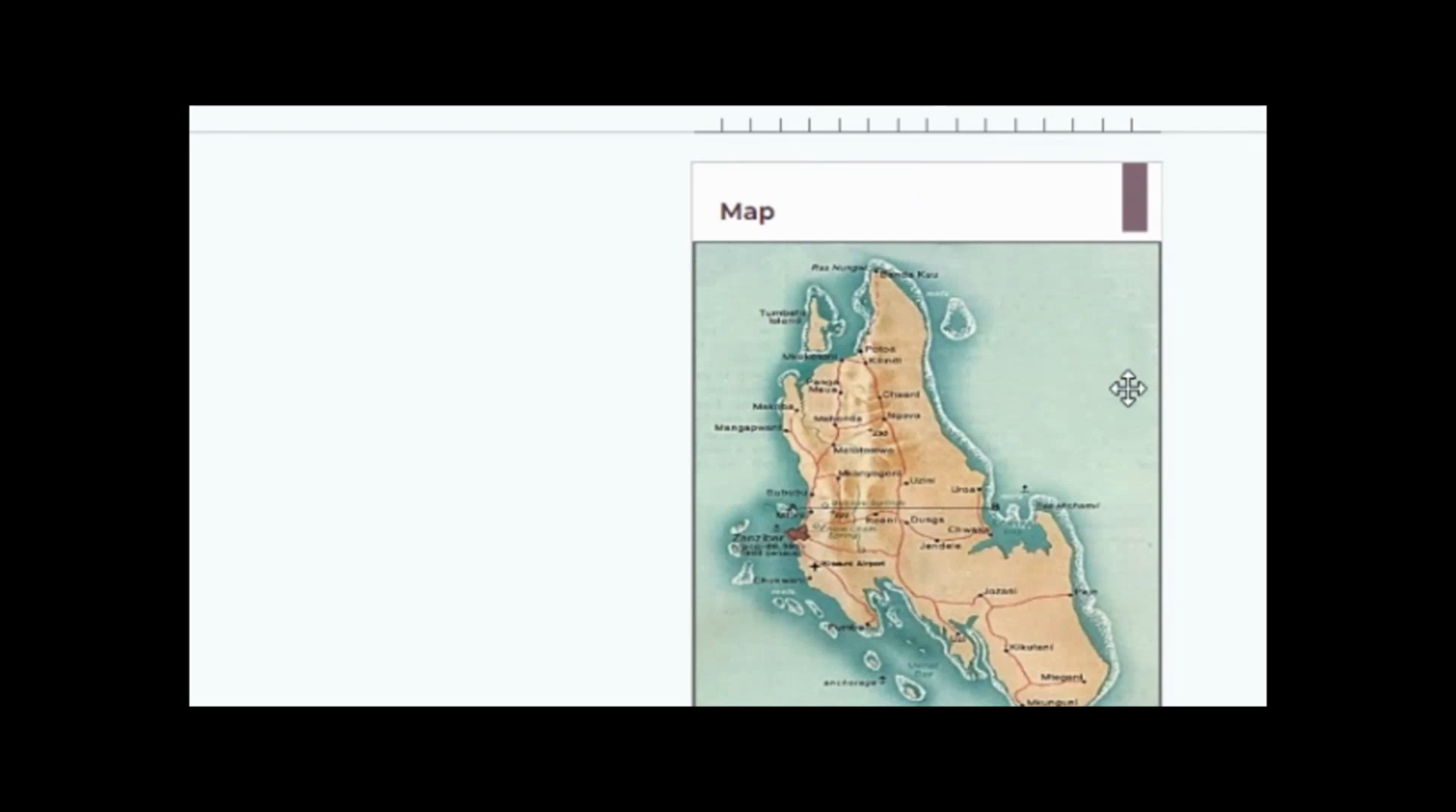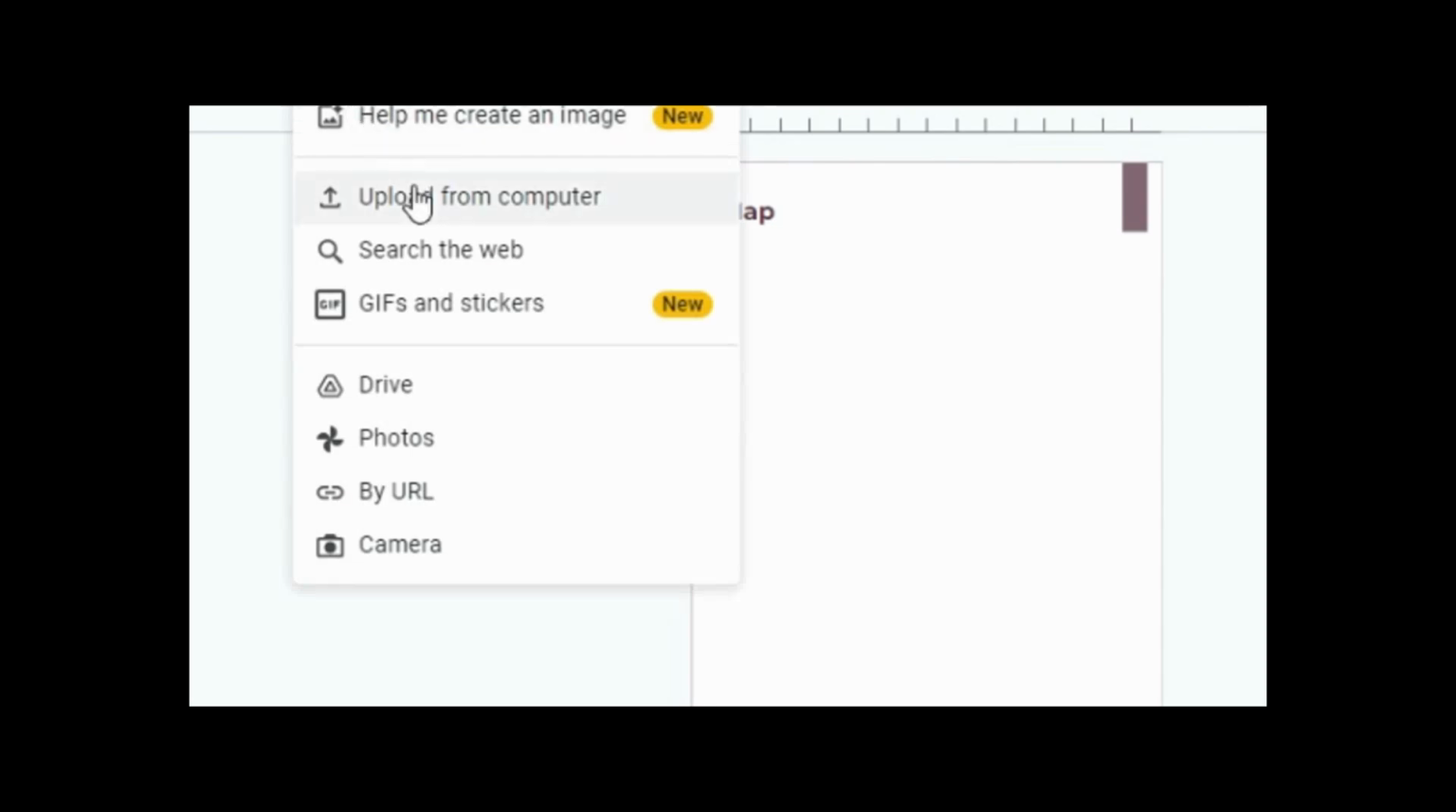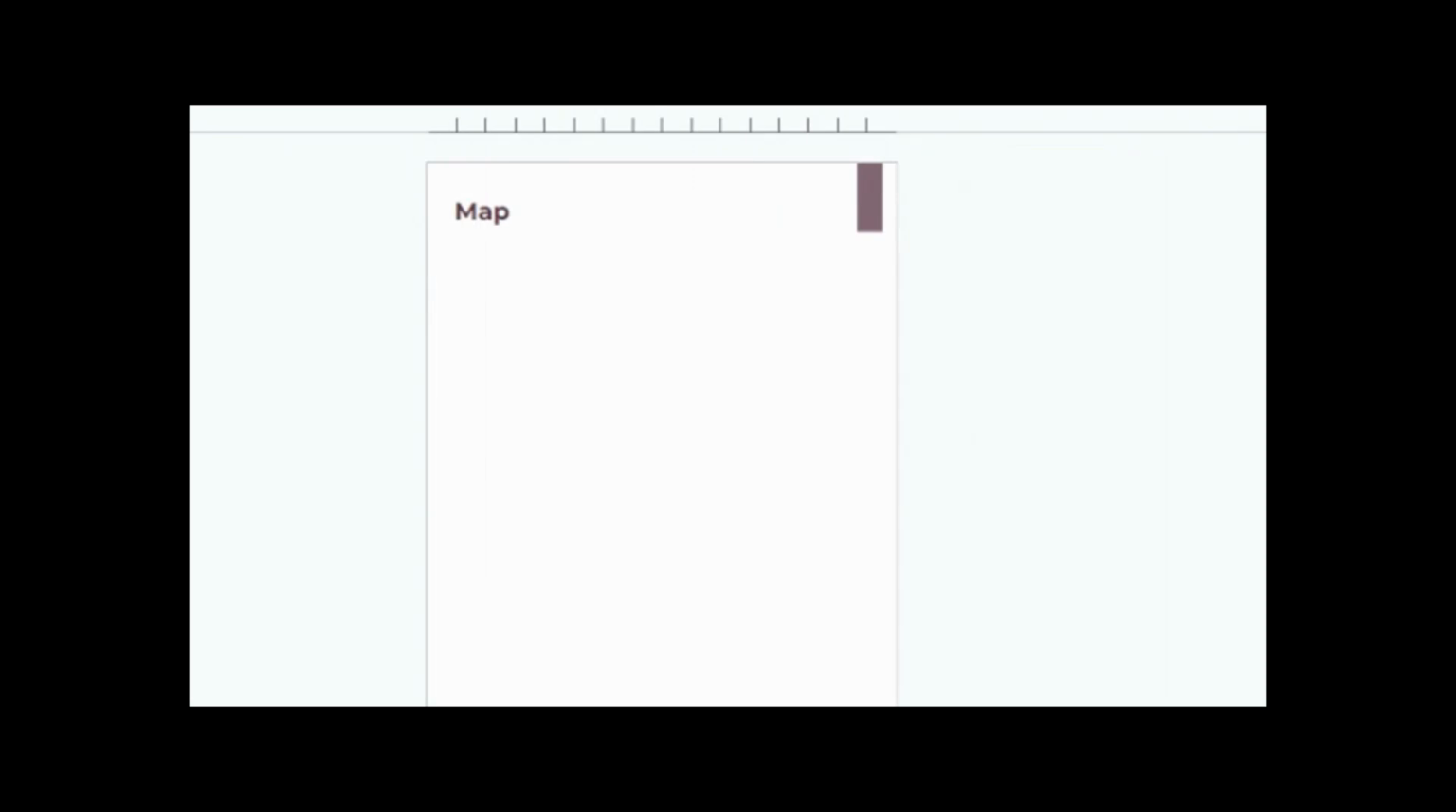Next, we have the map. Now I'm going to show you how I added this. I got this from Google, and I'm going to delete it and go to insert an image, and I'm going to select from web, and then I'm going to type in Zanzibar, Tanzania, and my map is just going. Now I'm going to click on it, insert,